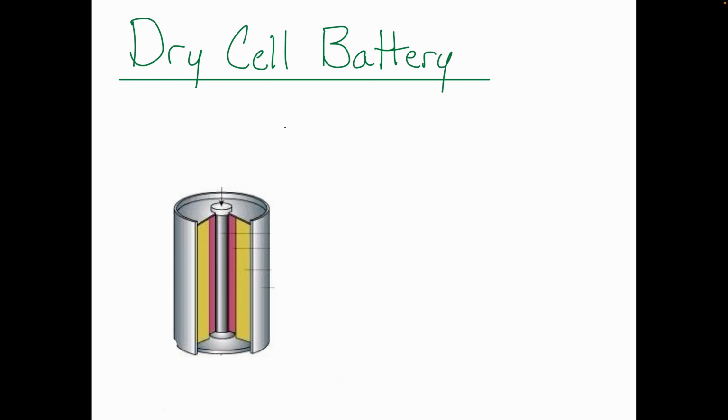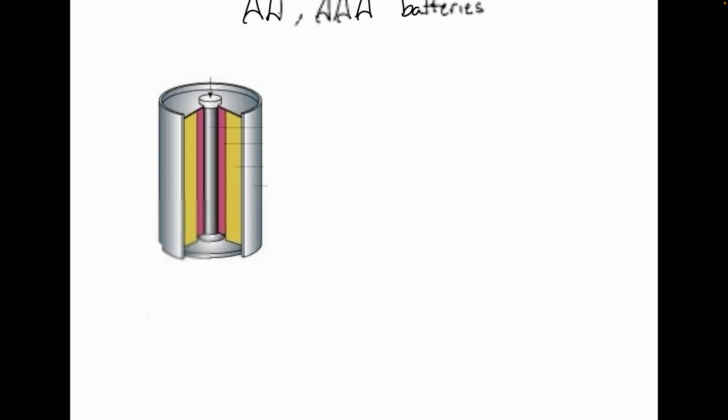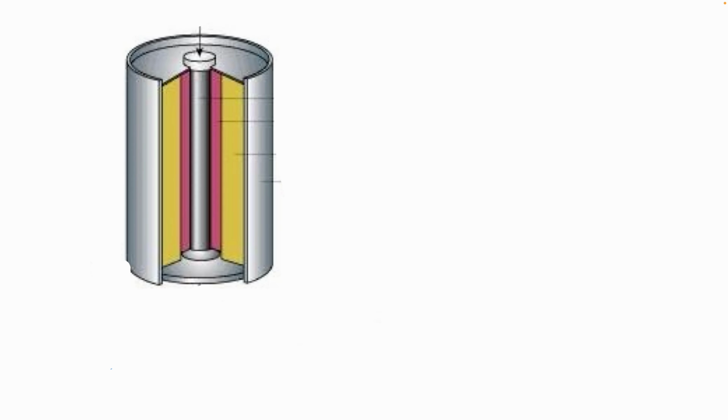The first one is probably the thing that comes to mind when you think of a battery, which is what we call a dry cell battery. So this would be, for example, your Duracell AA, AAA, etc. All right, and if we were to slice this thing open here, we would see four main parts to this battery. The first is this rod that sits in the middle, which is made out of carbon, or more specifically graphite,